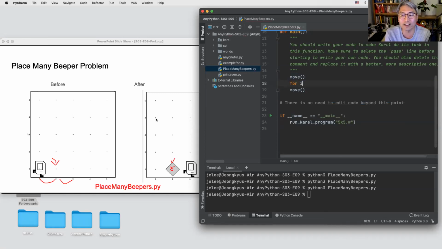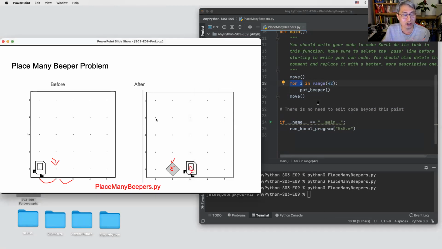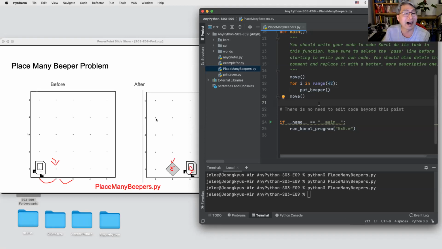So for loop at the time, anyone who remembers, for in range, 42, for example, you can give the number, then put_beeper, like this. Do you remember that? So we can use the for loop. So if you never used the for loop, don't worry. This is the for loop we have used in Karel, this guy. So it's just a reminder if you know Karel, otherwise we will see that today. But it was the solution at the time to solve the problem of such a repeated job.